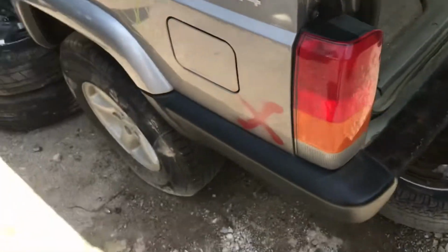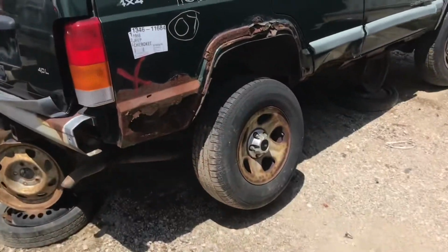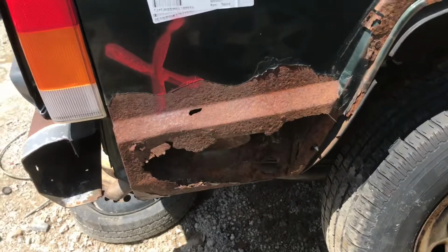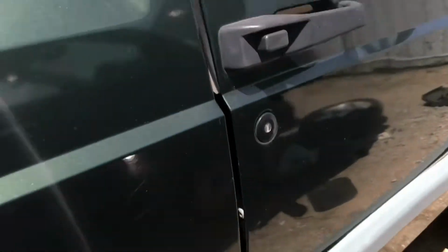I'm telling you, these leaf springs are a mother to get out of these things. And the junkyard's got 20 of them. This is what they all look like in Michigan. Right here. If you can find one that don't look like that, you're doing pretty good. But the odds of me getting one of these out, it's not very high. But yeah,